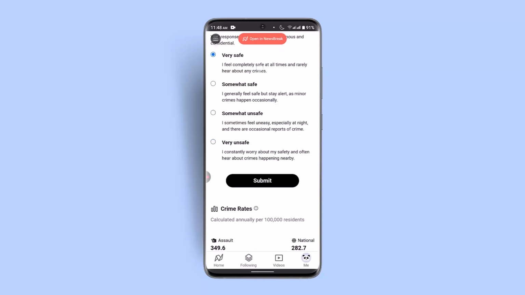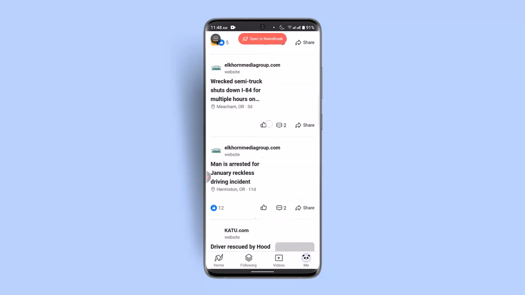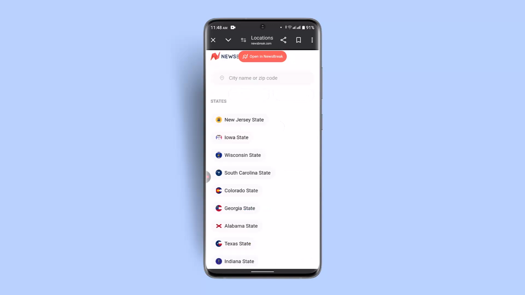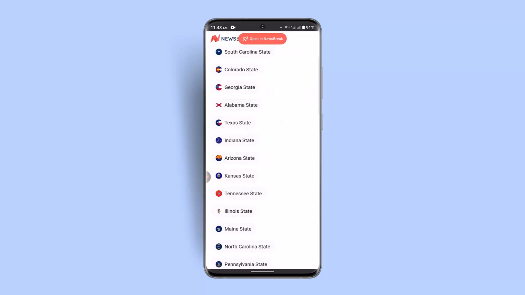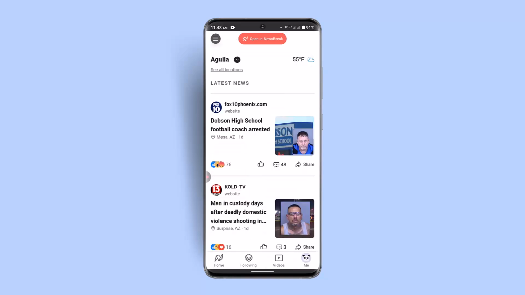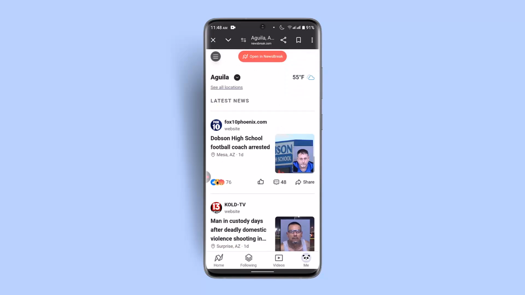And what you want to do is just click on the submit button and you could find the bar over here. So likewise, you could do the same procedure that I've mentioned. You just go ahead and select it all. Or you could just click on see all location and select the state. Now let's select the city, and now you could find it out here. So this is the way you could find safety map on NewsBreak and local news and alert